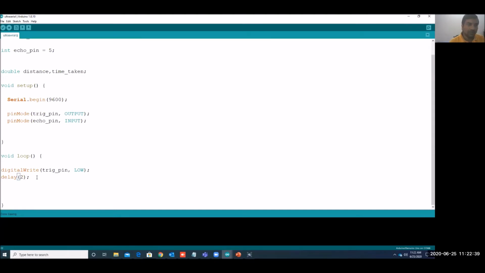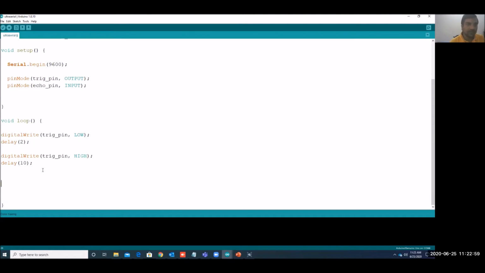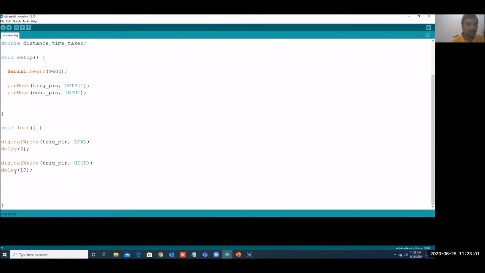Then we make this pin high and keep it high for some time, delay 10. Once this is given, we will wait for the time to come in.